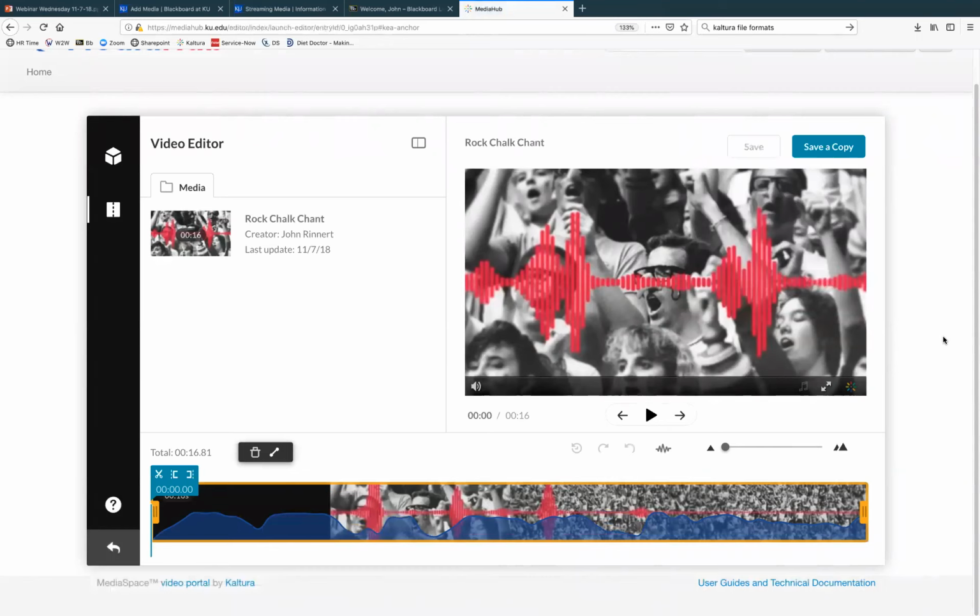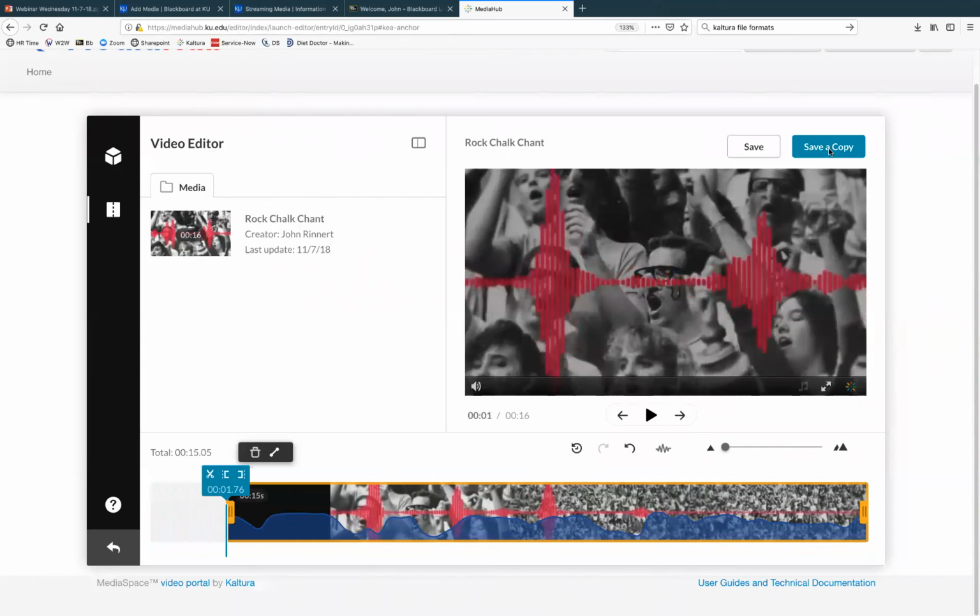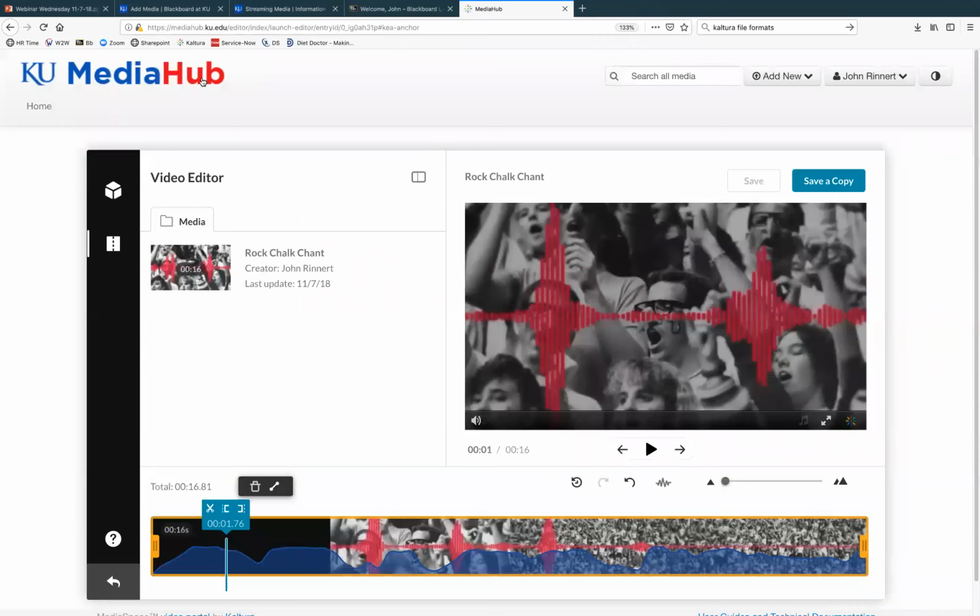A really useful thing, because lots of times you will have maybe a screen recording or something that you just looked into a webcam to talk about, or to give an announcement or whatnot, and you just want to trim off the front or something like that. And that's really just as easy as grabbing this, setting it to where it is. It even has a waveform here. It can show you the words that you spoke and all that, and click save, and that will delete that or trim that down.